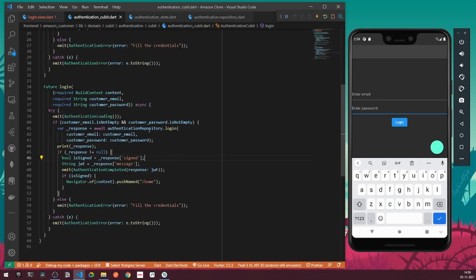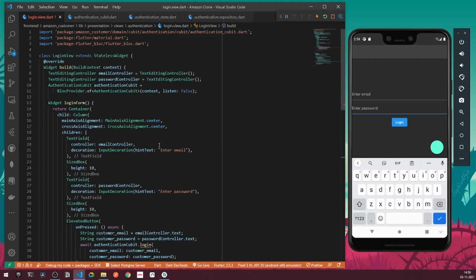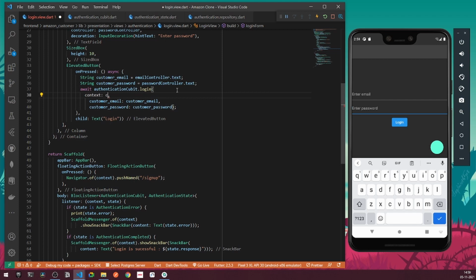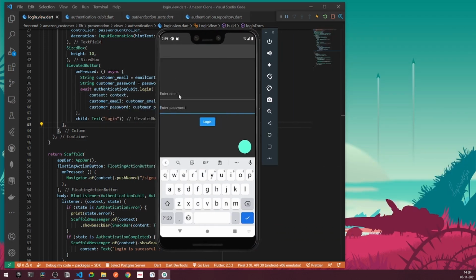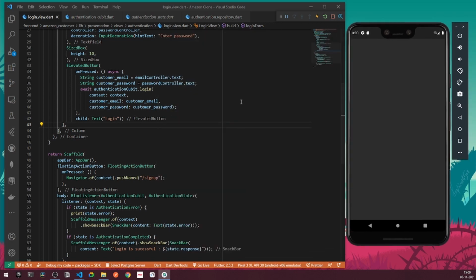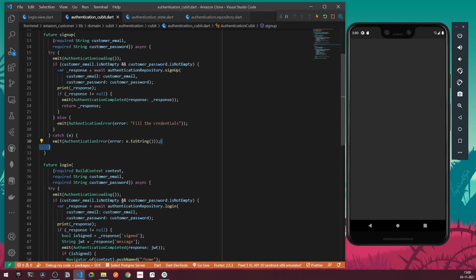So let's try to execute for the last time. And under login block, where are we getting the error? Right, so under login, we will be requiring a context for sure. So let's have context for a context. So let's try to authenticate and navigate. So if I simply say Aniket at gmail.com, and here 1 2 3 4 5 6 7 8 9 and login, you can see we'll be getting navigated. Also, we'll be getting our snack bar here. So this is the entire process of handling the state and also navigating to the next screen.